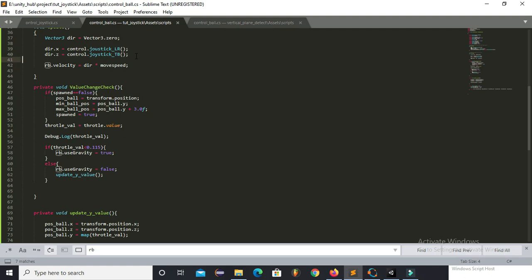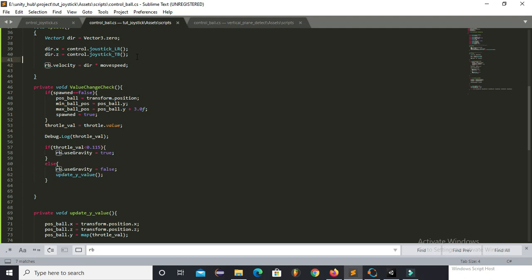So to avoid that condition, I am using RB.velocity. You can try with RB.addForce. You can apply force to the rigid body, and you can see that it will work very well on the ground surface, but in the air it won't work well. And this will show more effect when you implement the same thing in AR. So you will see a very large difference, and you will notice that RB.addForce is not worthy to use here when you implement this same thing in AR. So that's why I'm using velocity.